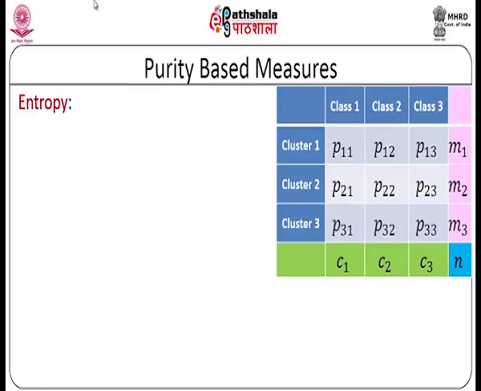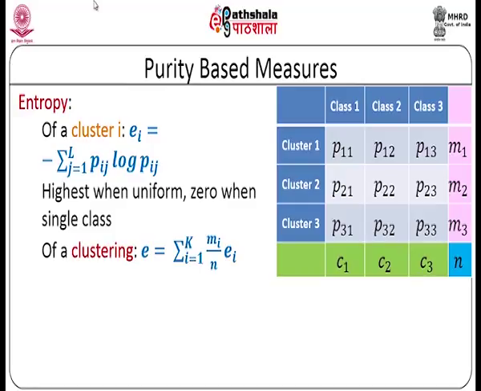We do use this in information theory. Here we are defining it for cluster validity. So, entropy: first we will try to find out the entropy of a cluster i, which is given as E_i equal to minus sum over j equal to 1 to L of p_ij log p_ij. It is highest when uniform, and 0 when it is a single class. The same entropy can be given for a clustering, where E is equal to